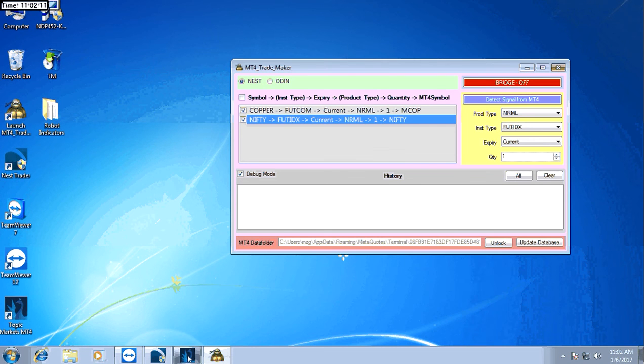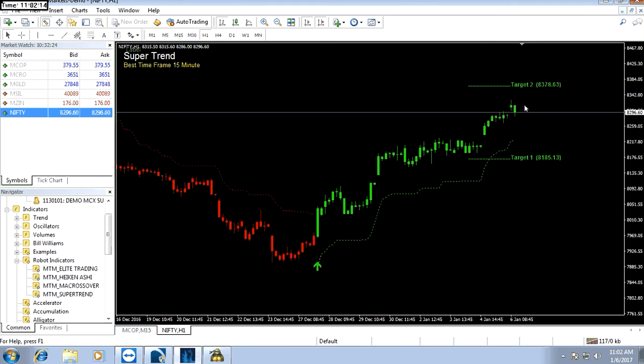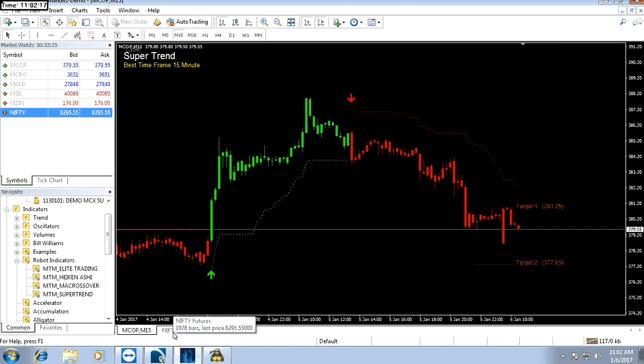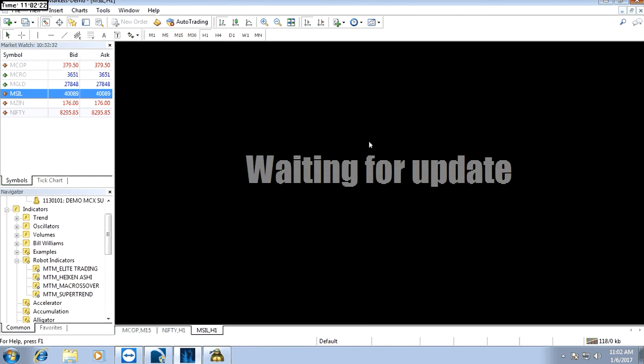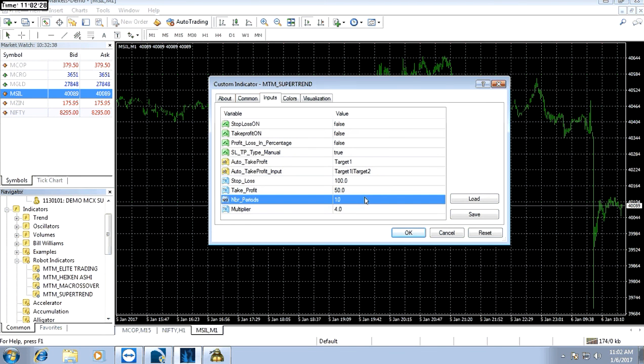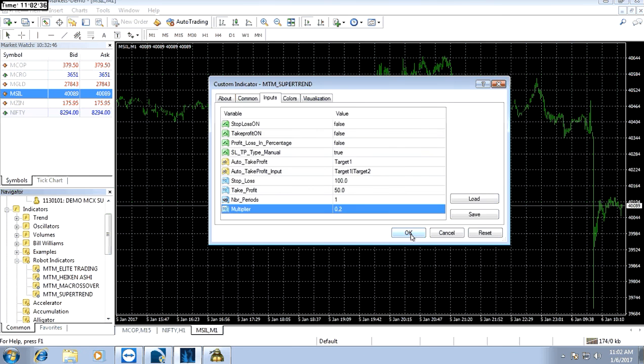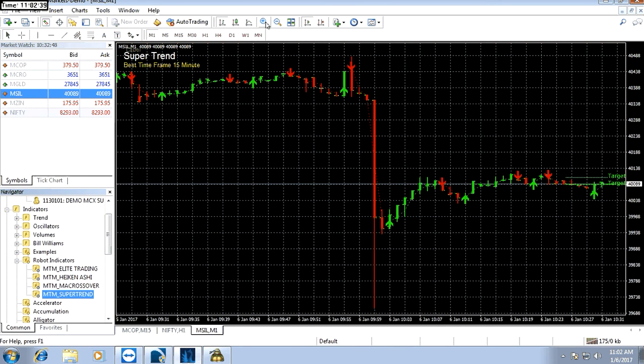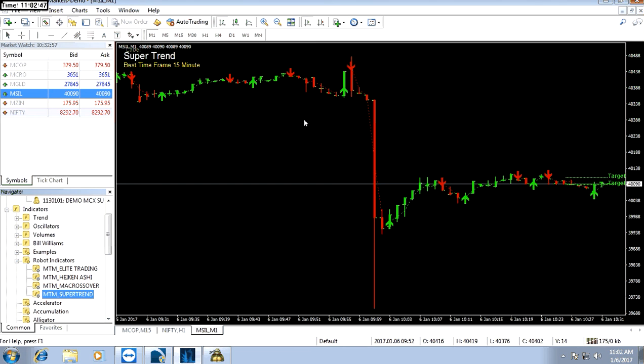And now, as it is very hard for a reverse signal to come during the period of a tutorial video, what we can do is put a silver chart, and give it a 1 minute time frame. We will also set some fast parameters in that, so that once we open it, it will give a signal within 1 or 2 minutes. So now we can watch it for some time, so that it produces early signals, and then we will be able to see how the robot works once the trade comes.